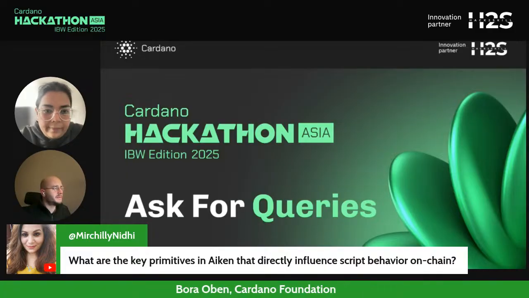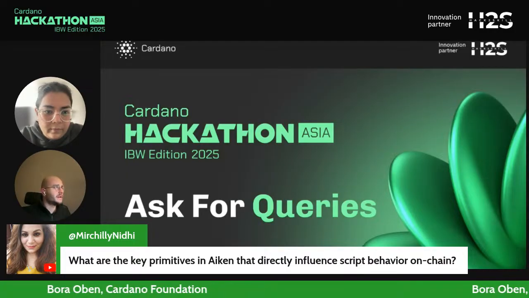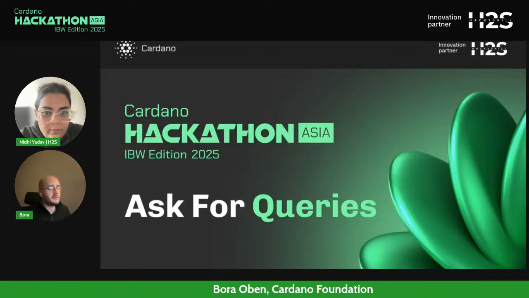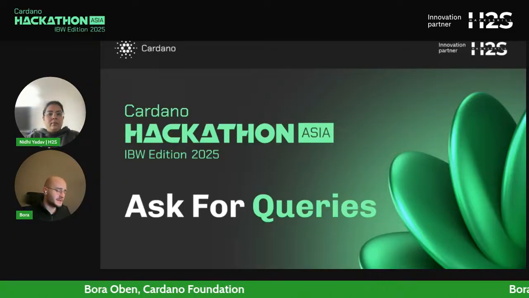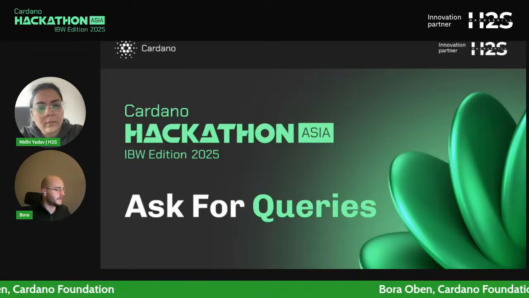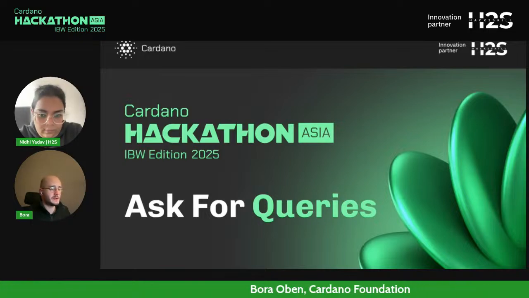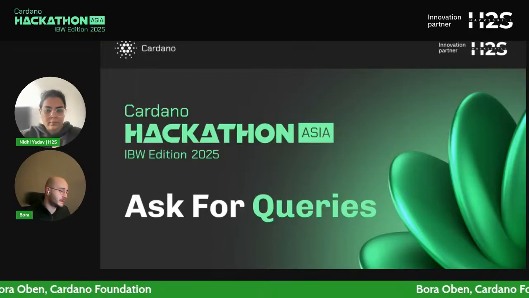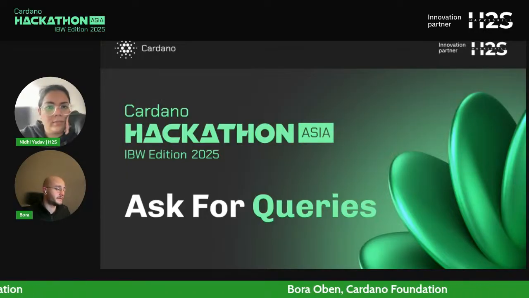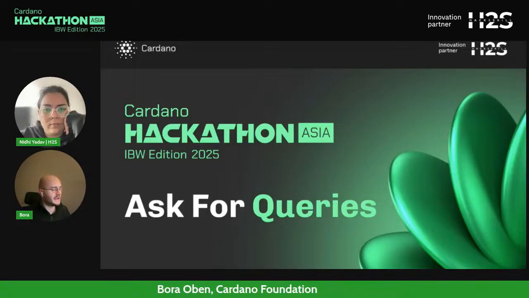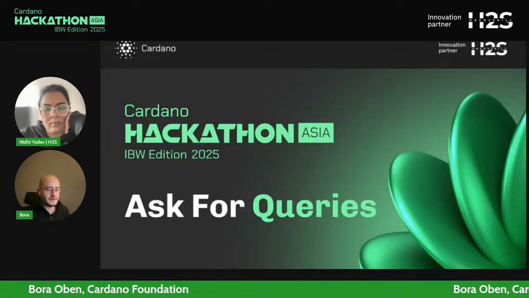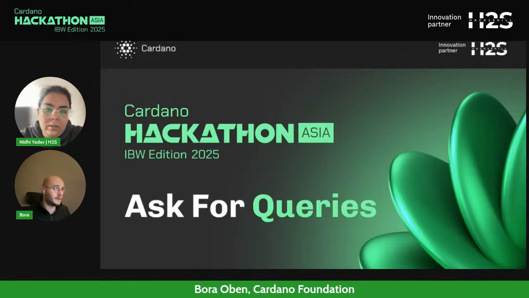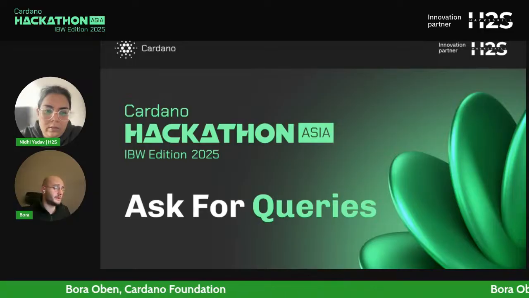Key primitives in Aiken. That's again a really broad question. I'm not quite sure about what the meaning behind it is, but there is nothing specific to Aiken that would change anything on chain on Cardano, right? Like all smart contracts essentially do the same checks in different syntaxes with different trade-offs for performance, etc. So I wouldn't say Aiken has any specifics when it comes to anything on chain. It's just a more approachable modern language with a lot of stuff available to you on day one.